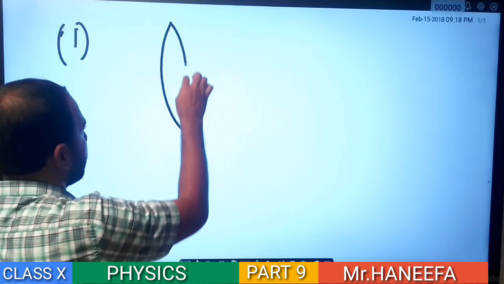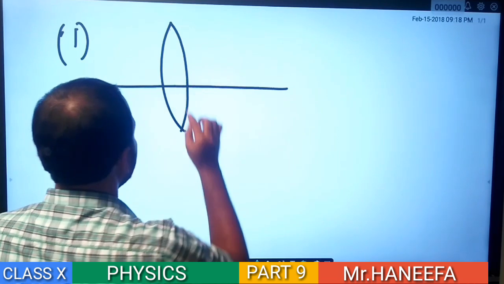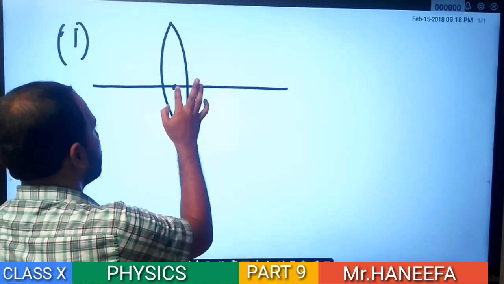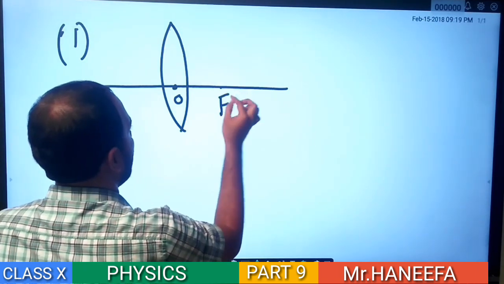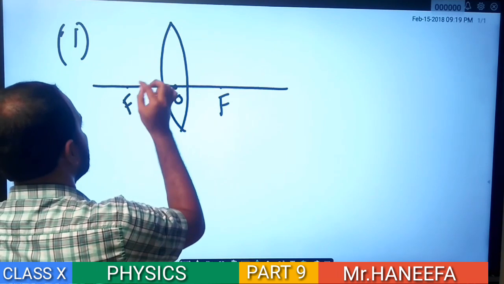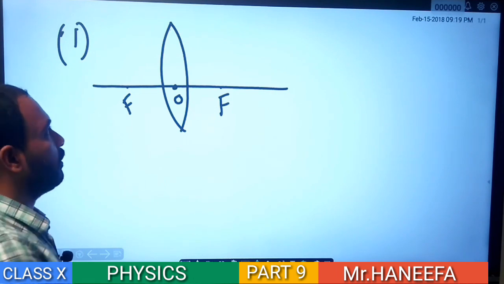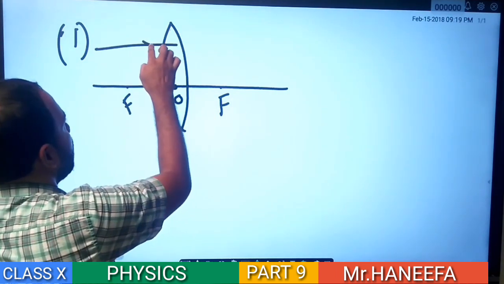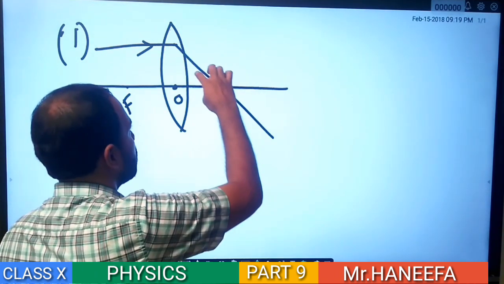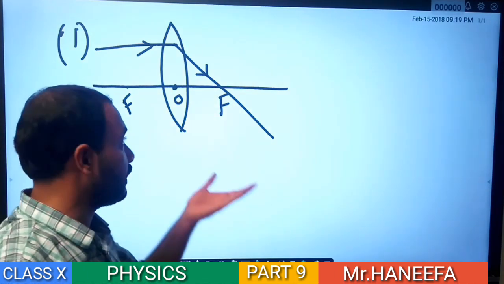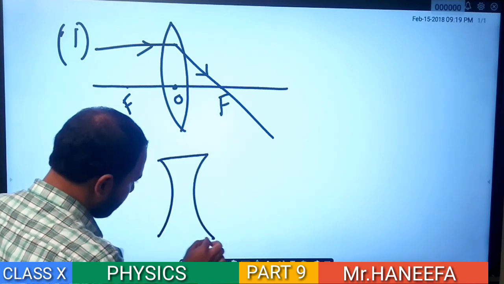First we consider a convex lens. This line is called principal axis. This point is optical center. Here is focus. There are 2 focuses in convex lens and concave lens. First rule is a ray parallel to the principal axis. After refraction, it passes through the focus in the case of convex lens. But in the case of concave lens,